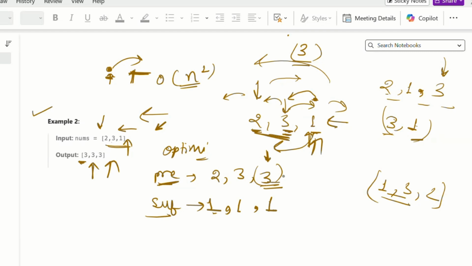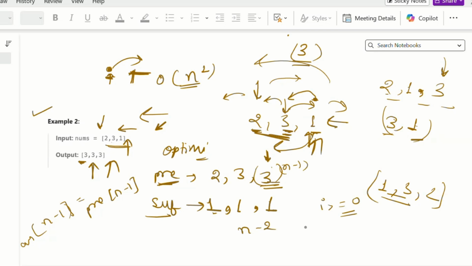So for index n minus 1, the value equals the maximum of all these values. So the answer of n minus 1 will always equal prefix of n minus 1 only. Then we make a loop from n minus 2 till i greater than or equal to 0.